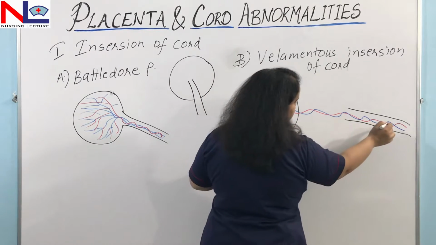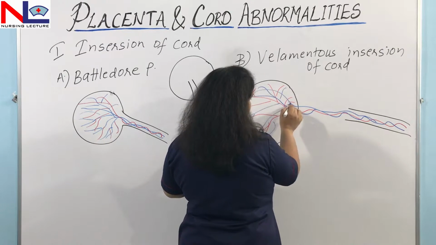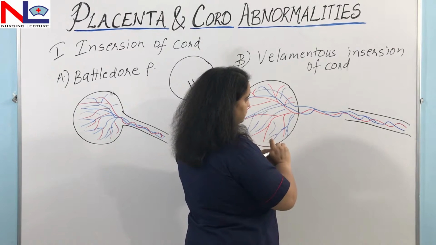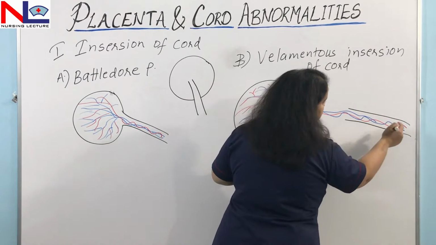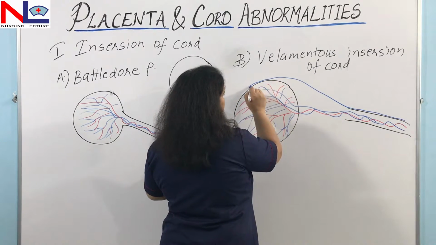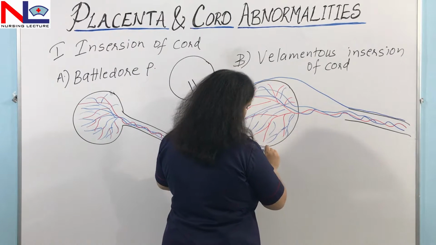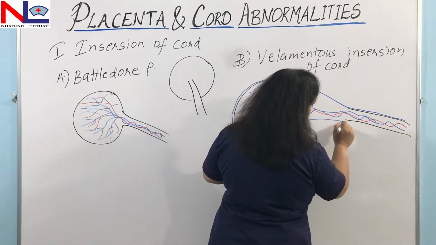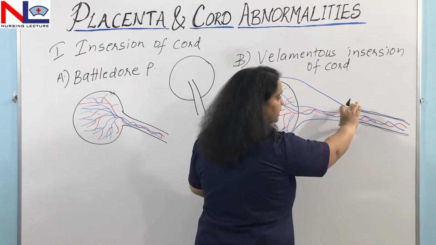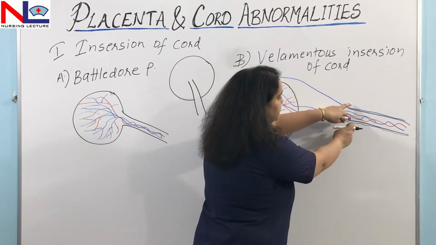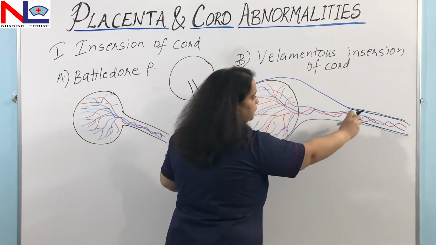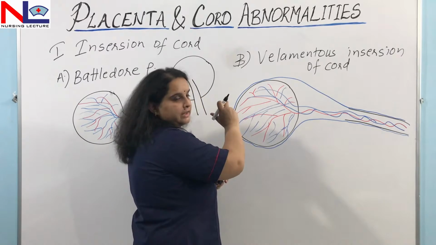So here are the vessels which are arising from this umbilical cord, but this cord is inserting from a distance and is inserted through a fetal membrane. So this cord is inserted through a membrane and the vessels too. By this figure you can see the cord is arising from a distance and inserting through a membrane, and the vessels also radiate from this cord till this plate here.